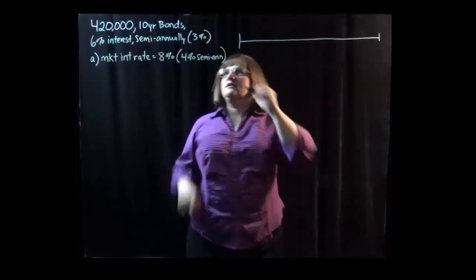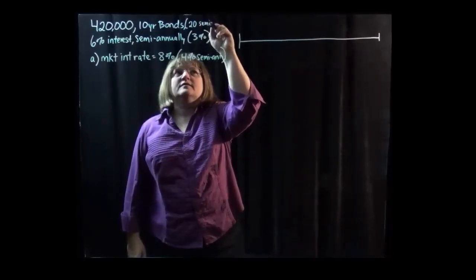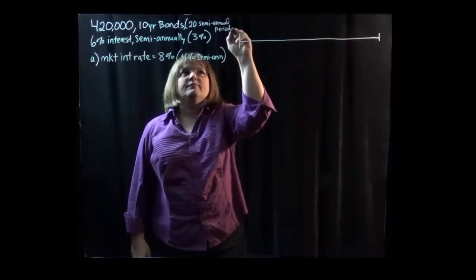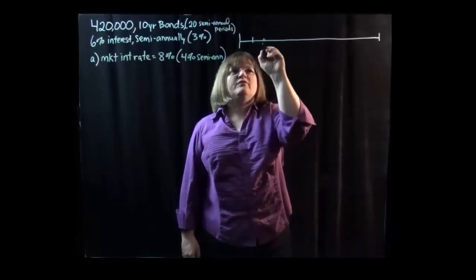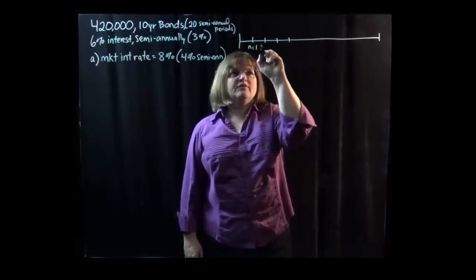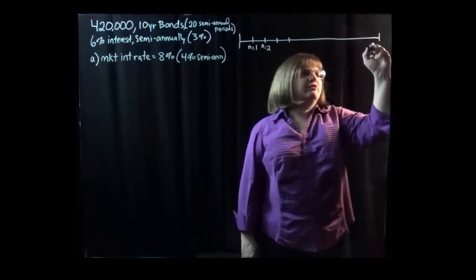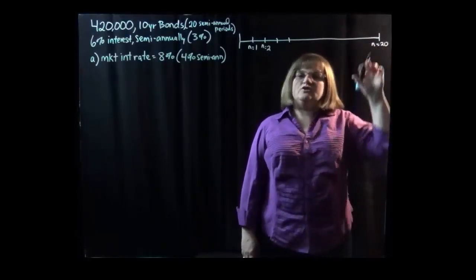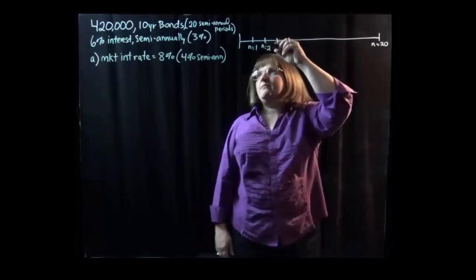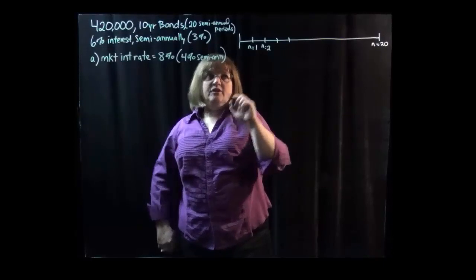Basically, it's a 10-year bond, which means there are 20 semi-annual periods. And at each one of those periods, so we'll start with 1 being the first 6 months, 2 being the second 6 months, and so on and so forth, all the way out here to n equals 20, being the 20th 6 months, which ends the 10th year. At each one of those payments, the company is going to pay 3% of $420,000, which is